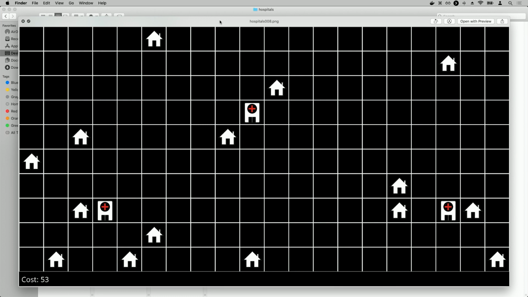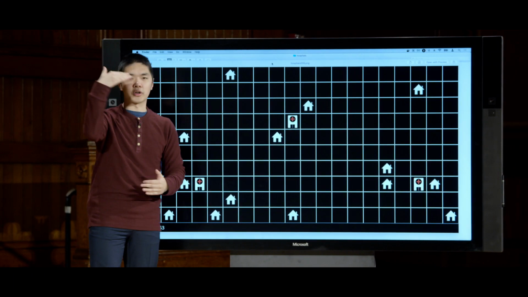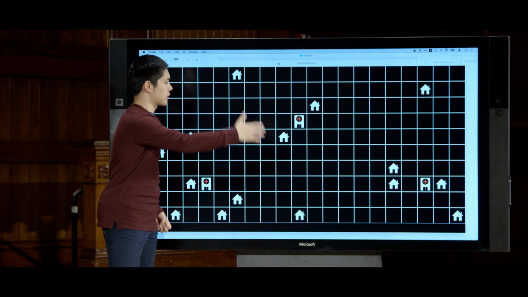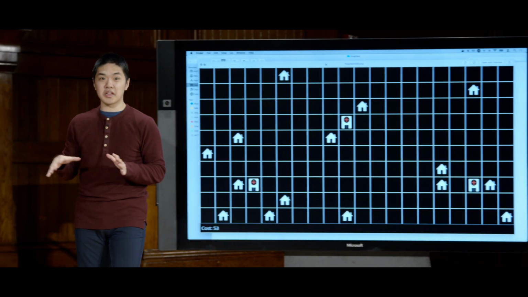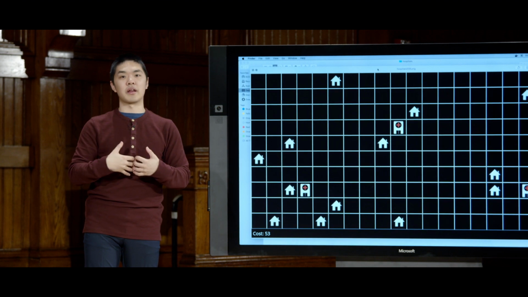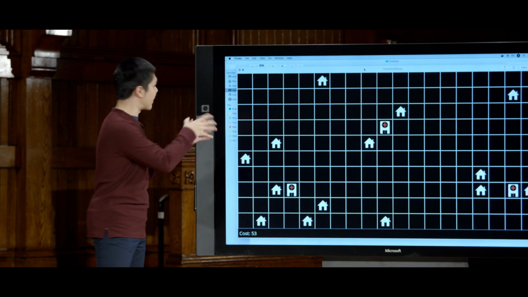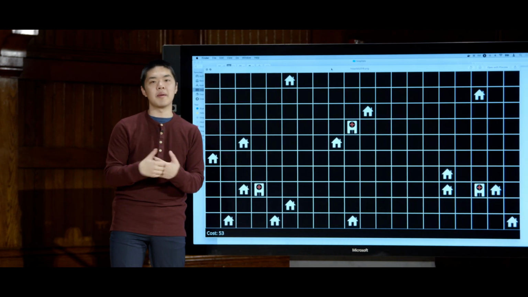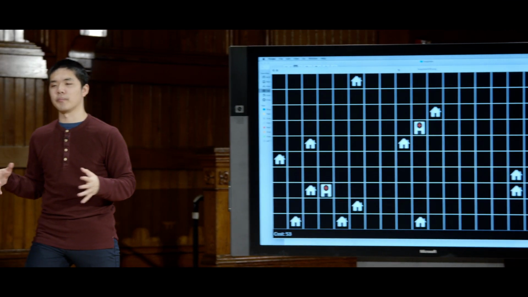We can take this hospital and that hospital and look at each of the neighbors, and none of those are going to be better than this particular configuration. And again, that's not to say that this is the best we could do. There might be some other configuration of hospitals that is a global minimum, and this might just be a local minimum